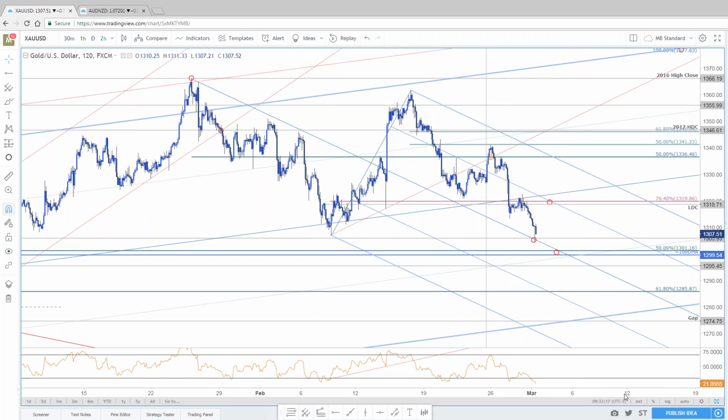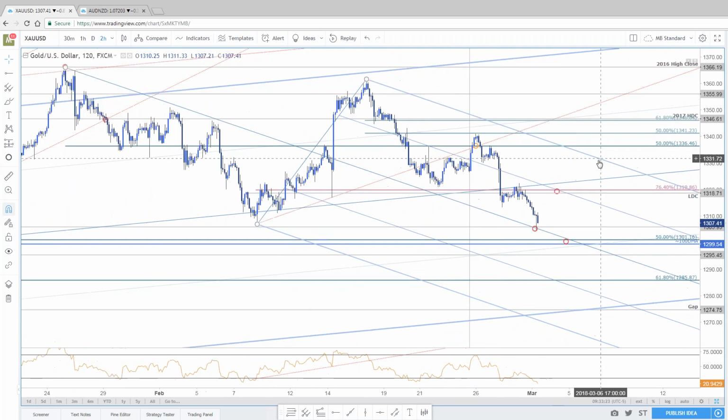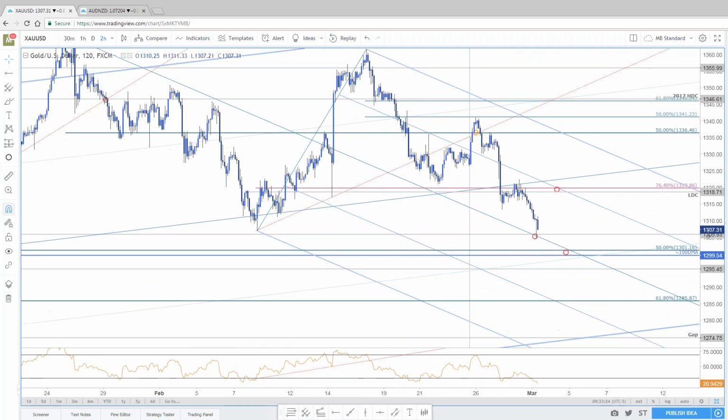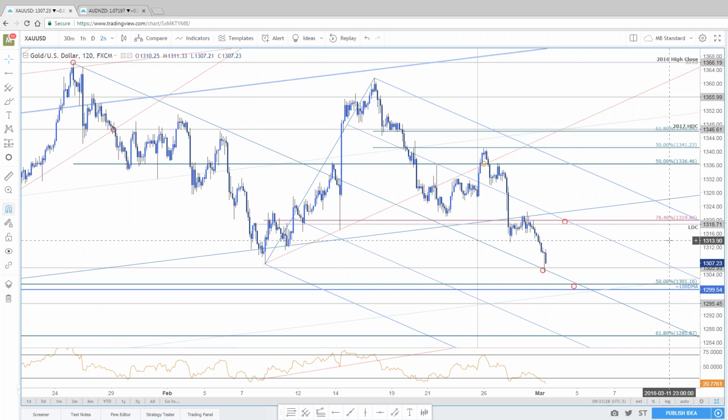So keep your eyes on gold. It's testing the monthly opening range lows. And if it gives out, that would suggest you're opening the March calendar month with a downside bias, at least in the near term here for gold. And if the dollar does continue to rip higher, that would only further fuel the downside move here in bullion prices.